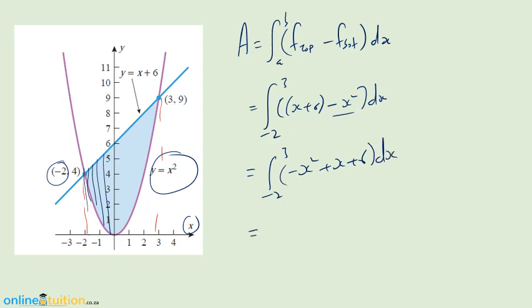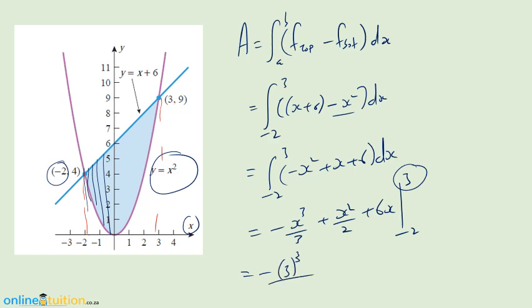Dx. The integral of minus x squared is minus x cubed over 3. The integral of x, nicely done, is x squared over 2. The integral of 6 is 6x, from minus 2 to 3. And now evaluate at the top bound. So minus into